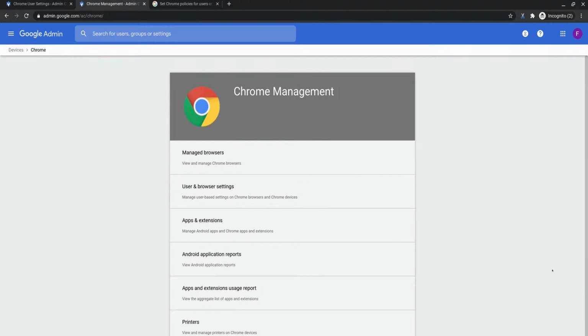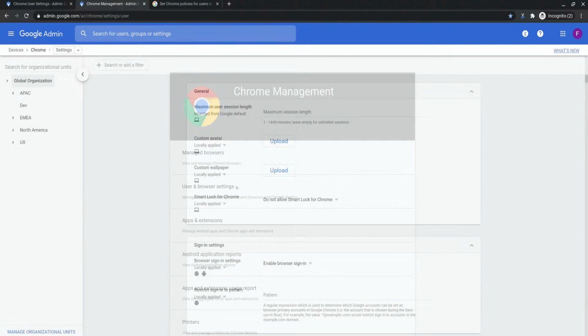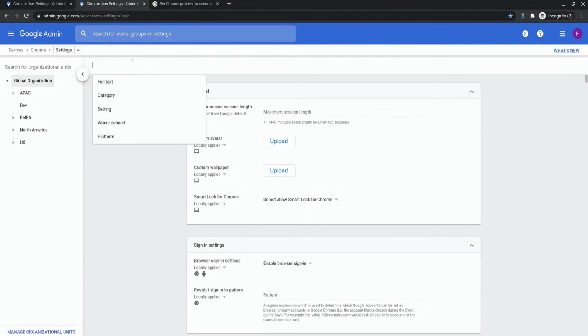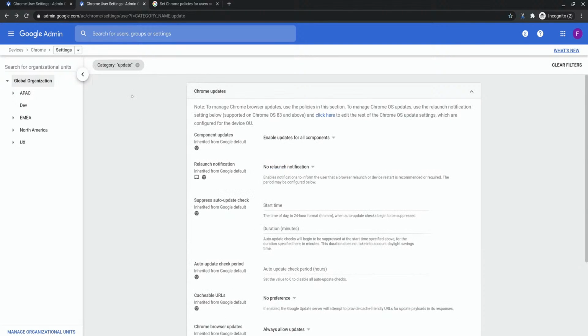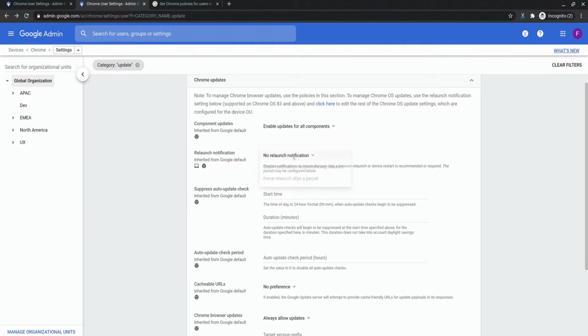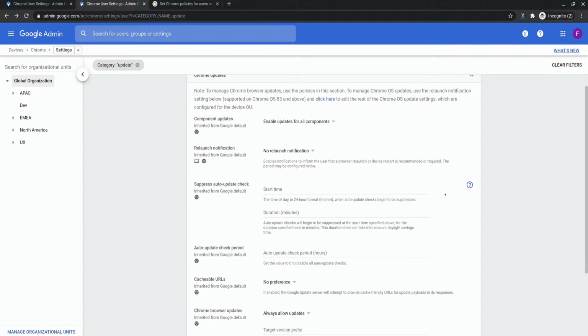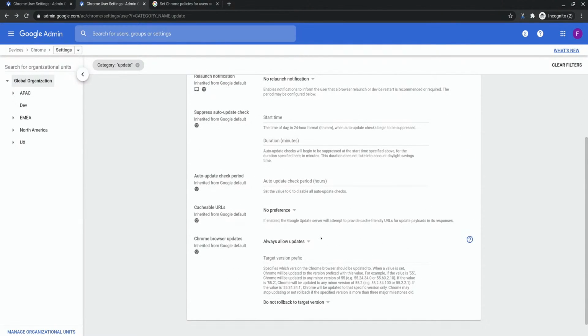So here I am again in Chrome Browser Cloud Management in the main menu, and I'm going to go over to User and Browser Settings. In my search bar, I'm going to enter that the category contains Update. And here you can see all the different settings that you can use to control how your users update within Chrome browser. So I can set relaunch notifications to prompt users to update, relaunch Chrome to update, as well as